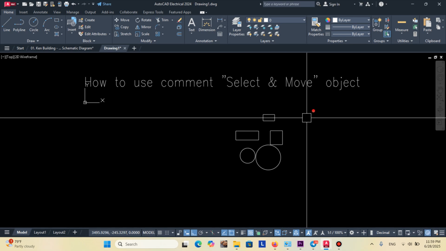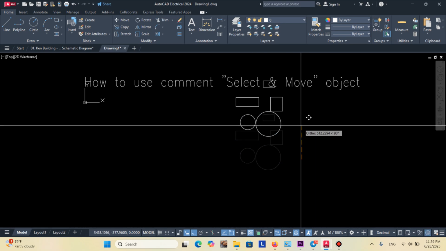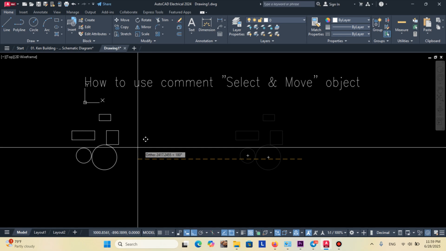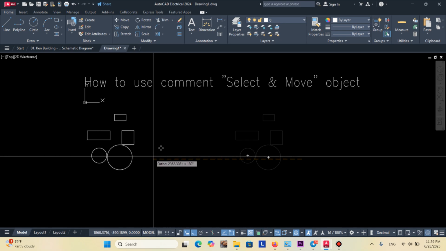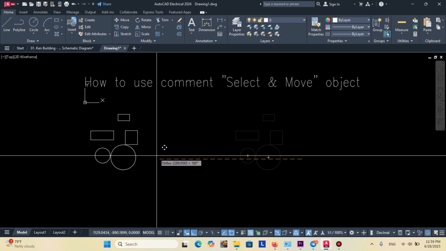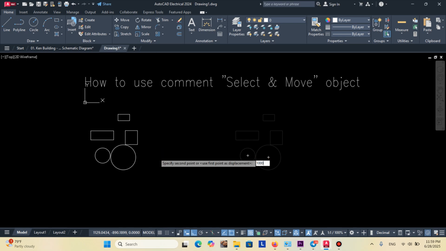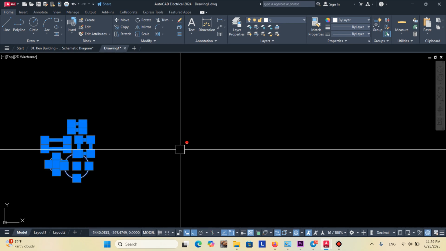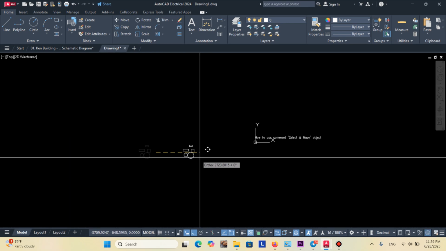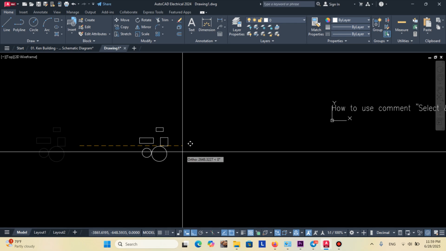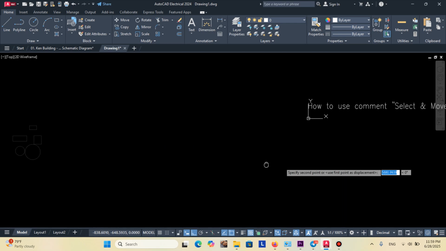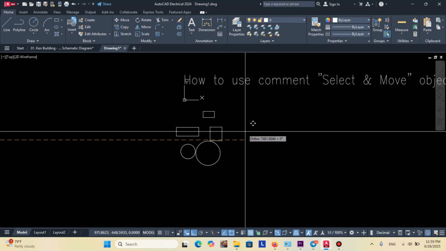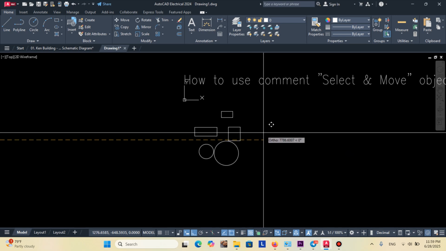Moving, yes. If you want to move up and down, it's okay. If we want to keep the specific distance, we just type the distance. Example, I type 10 meter. Okay, it is here. Okay. So if you want to move, you just type the number or just free moving, freestyle, free space, free area.